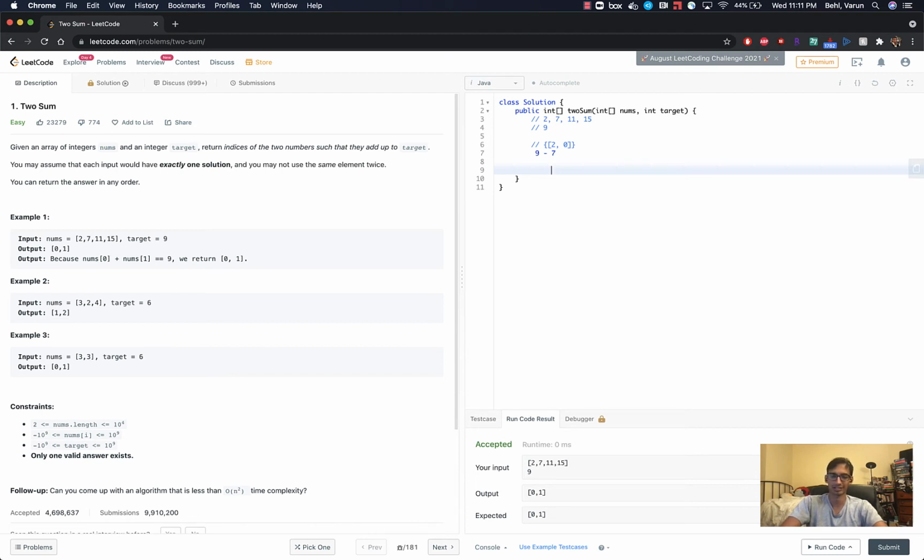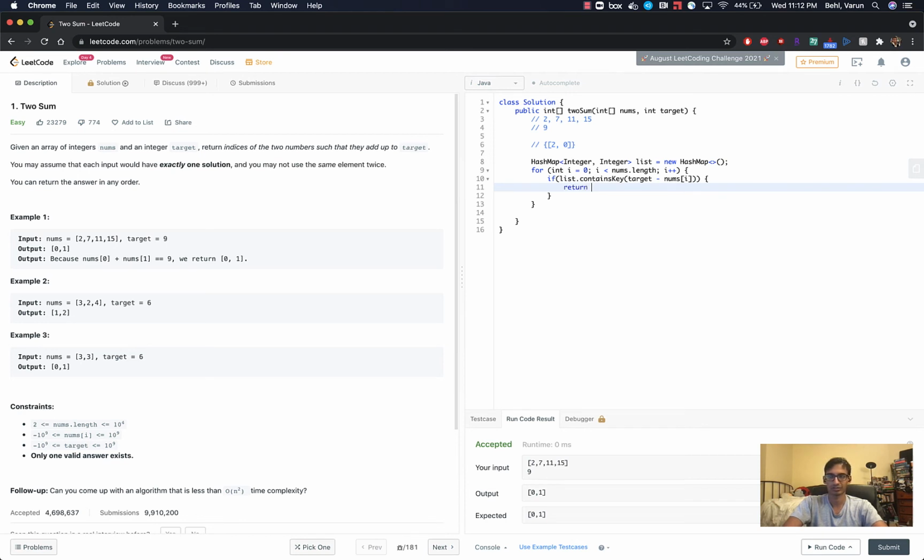So just to write that solution out, first we're going to want a hash map. So we'll put in an integer-integer hash map, list equals new HashMap. That's the syntax. I'm just going to take off that comment right there. Cool. And then for int i equals 0, i is less than nums.length, i plus plus. If list dot containsKey, so if you have a key with the value of target minus nums i,